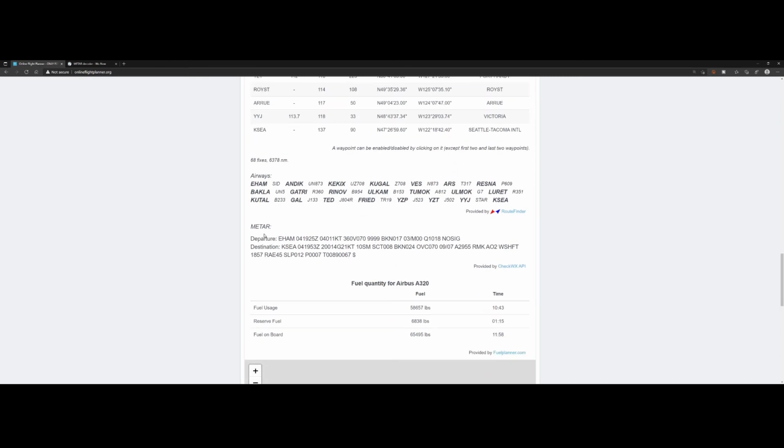Scrolling a little bit further down, you will see the Meteor Information. One of the things it puts out is this string, and it will do that per airport. So it will do it for departure and destination. So it might look a little bit cryptic initially. So what you can do is you can copy this line